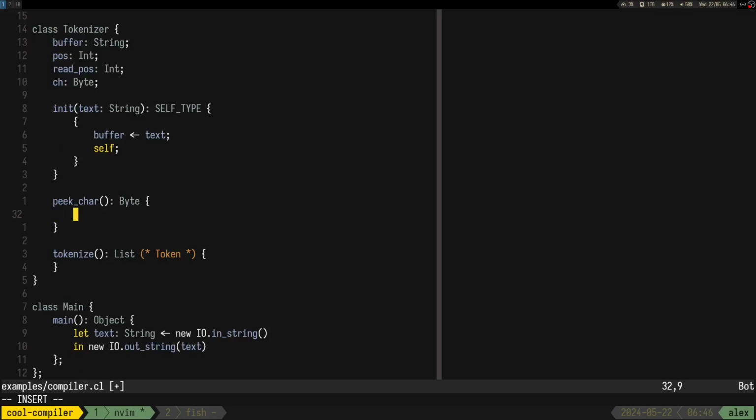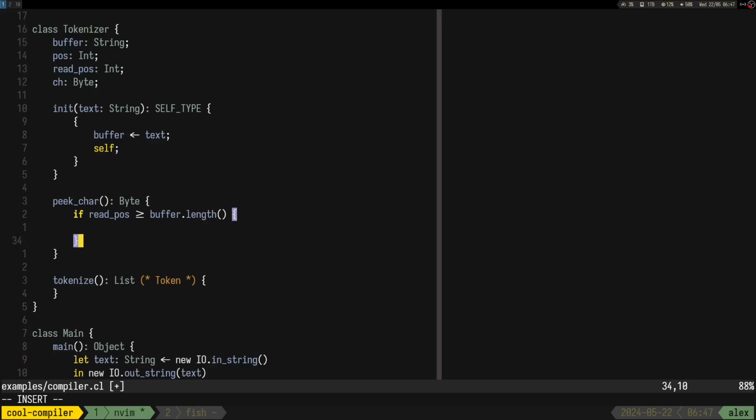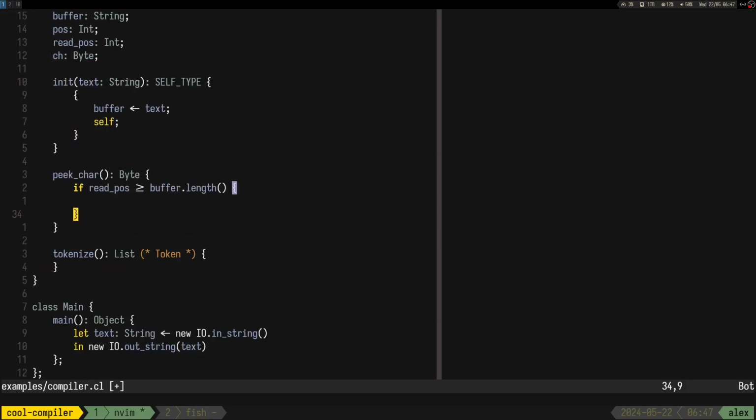So I guess we can do the same thing, like if the read position is greater or equal than buffer.length, if I remember correctly, then we return new byte from int 0 or something.